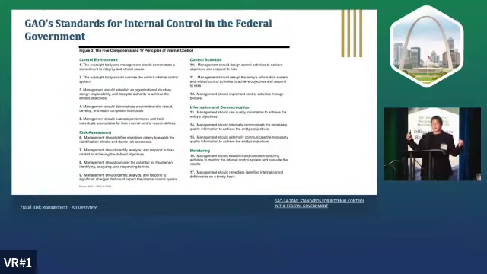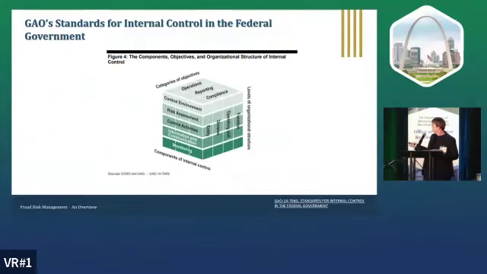It then talks about the risk assessment, which we just went through. It talks about control activities. What are you doing to make sure that these things that you are doing are done? And it talks about communicating, and it talks about monitoring to make sure that everything that you say you're doing actually gets done. They come up with a cube, and at first I really didn't understand it, but the more I dig into it, the more I understand.